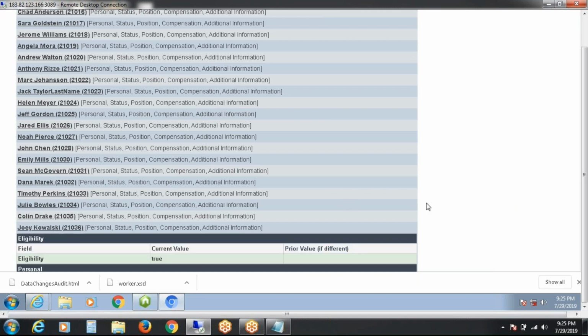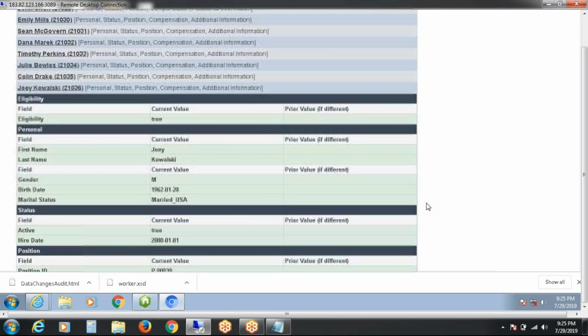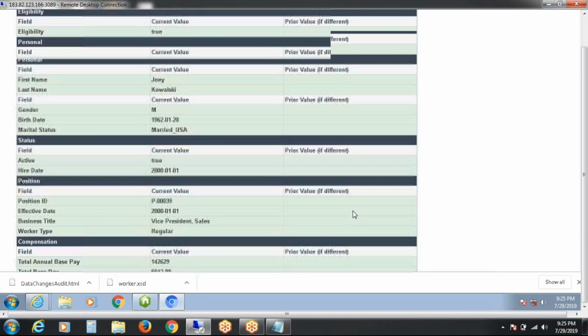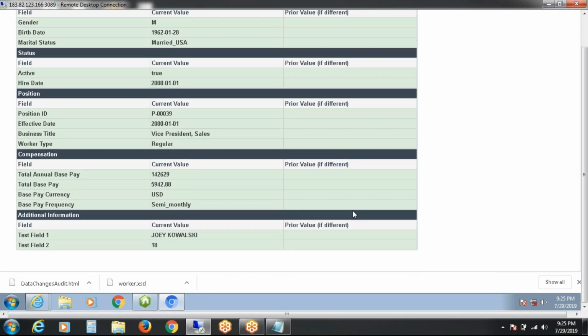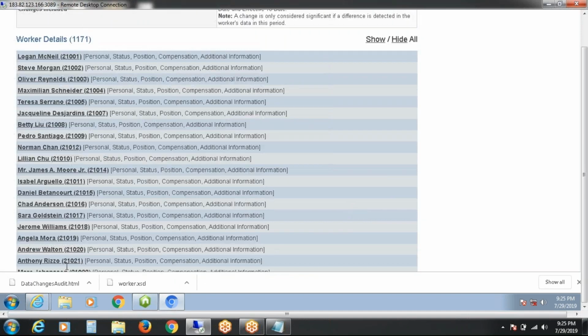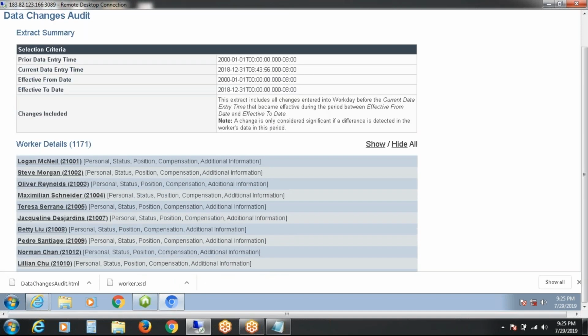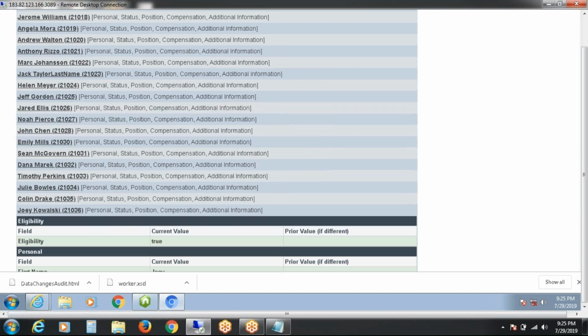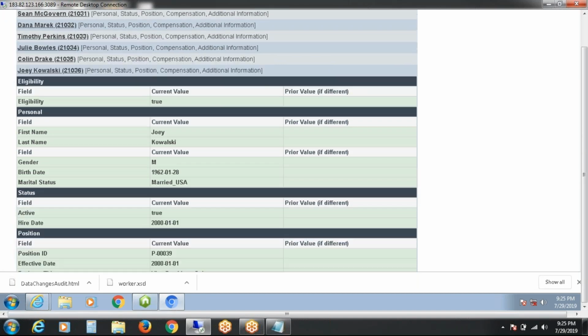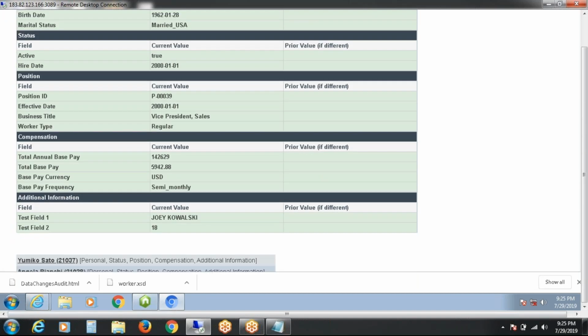Any data that has been changed, the prior value, here there is no difference at all. Here you can see the difference. Where you will find this is available in the output. In the output data changes audit HTML file, you will find the answers.